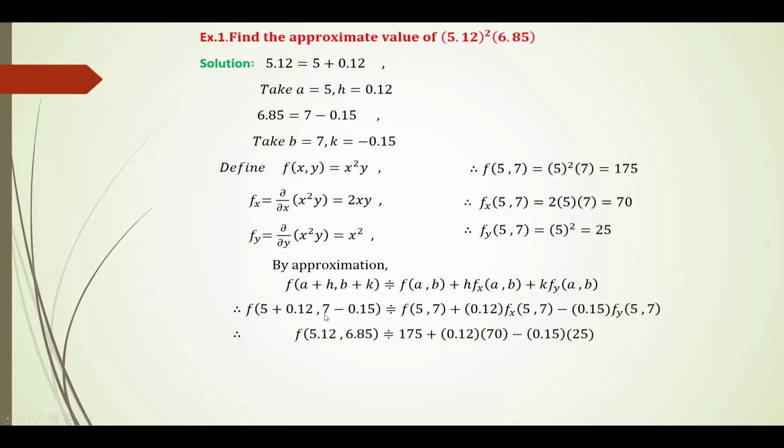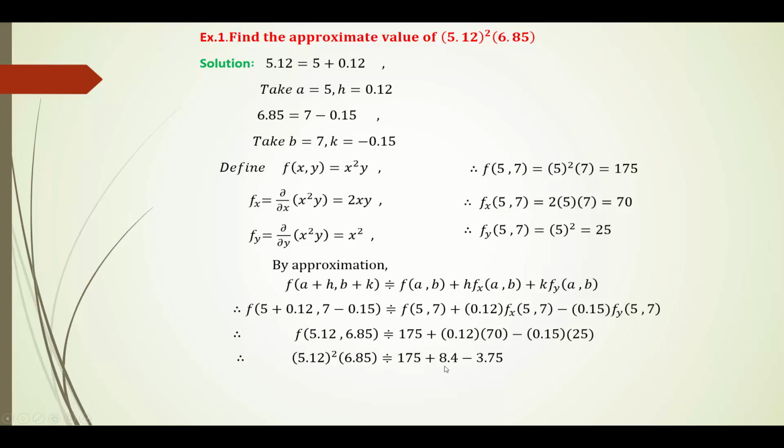Therefore we get f(5.12, 6.85) is approximately equal to, put the value of f(5,7), which is 175, plus 0.12 into fx(5,7), which is 70, minus 0.15 into fy(5,7), which is 25. Now the function is x²y, so (5.12)² × 6.85 is approximately equal to 175 plus 8.4